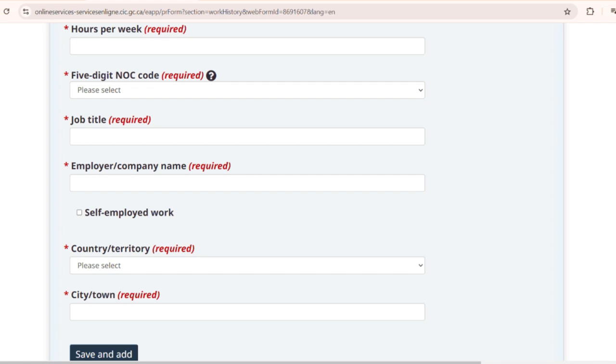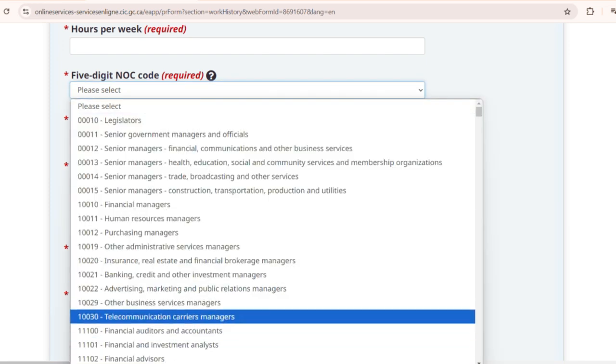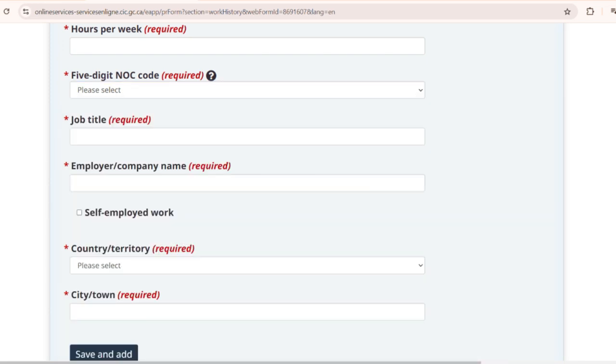Then you enter how many hours per week. Everything that is shown as required, you have to mandatorily enter. So hours per week, that gets entered. 5-digit NOC code, so you make the selection from this list. Then your job title as it is given in your offer letter, because the offer letter and all those documents you would be sending as attachments, or you would be sending a document which you get from the company where all these details will be mentioned. So once you enter your job title and employer name, if it was self-employed work, you tick this. Then you select the country,